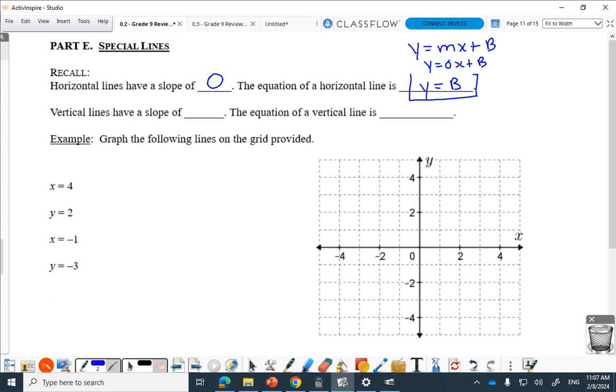0 times x is always 0. And so the equation will simplify down to y equals b. That is, y equals whatever the y-intercept is. And I'll do an example in a second. I'll graph that. Now, vertical lines have a slope of,